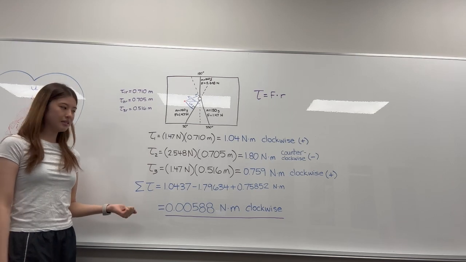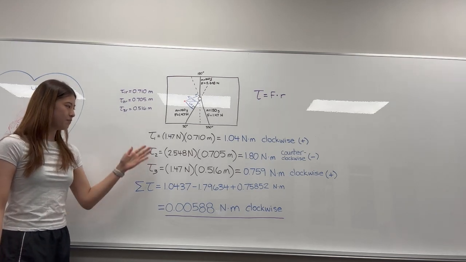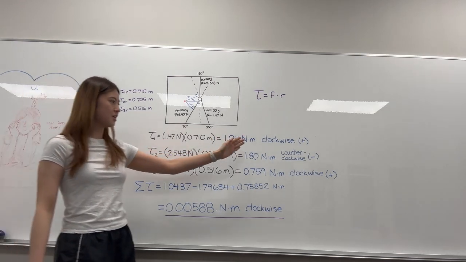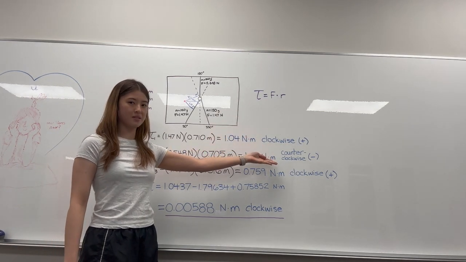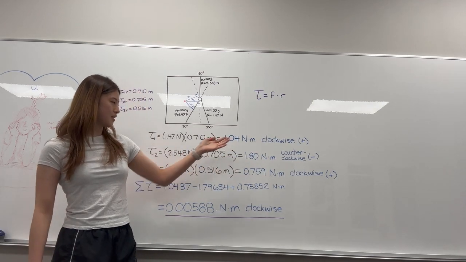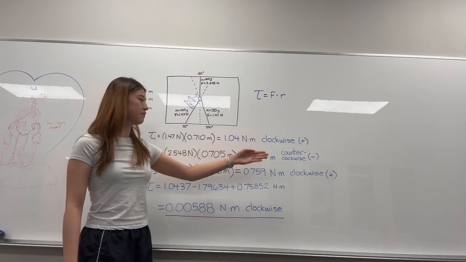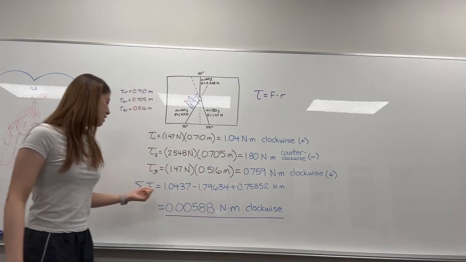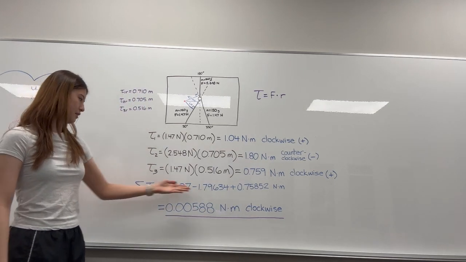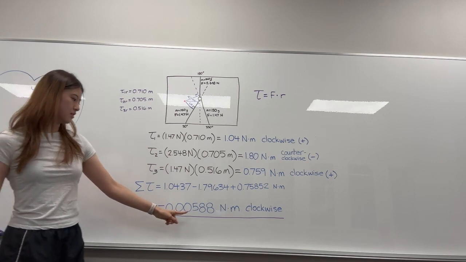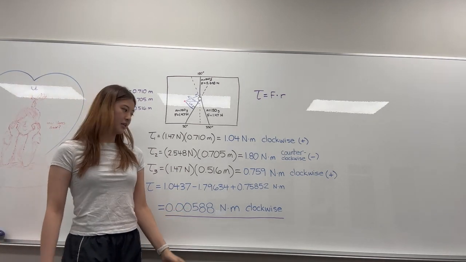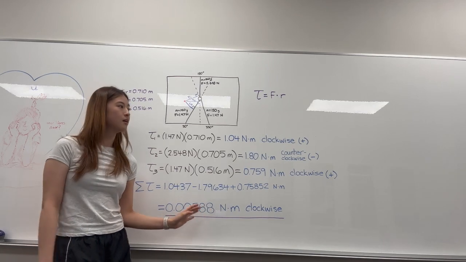So to find the net torque, you just add up your torques. However, you have to keep in mind that some of them are going in a clockwise direction and some of them in the opposite direction. So I set my scale where the clockwise direction is positive and the counterclockwise is negative. So once I added them together and subtracted the counterclockwise one, we got a